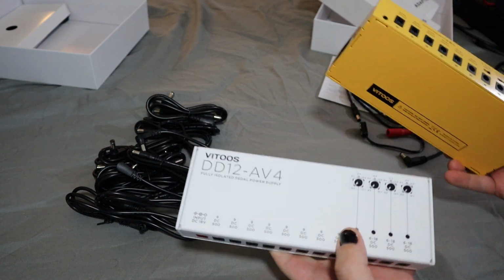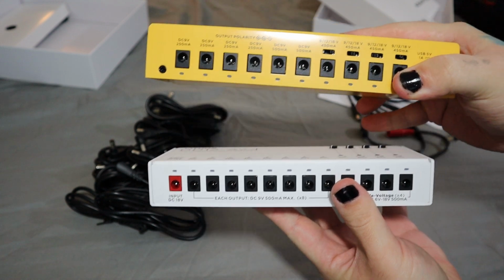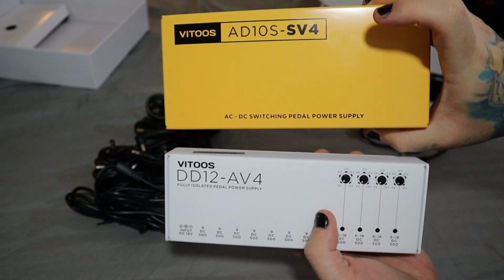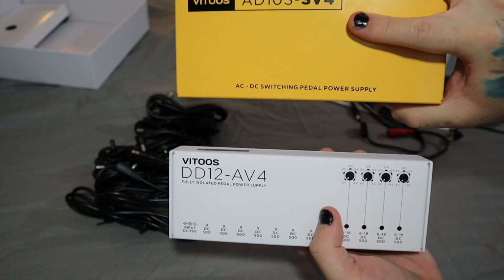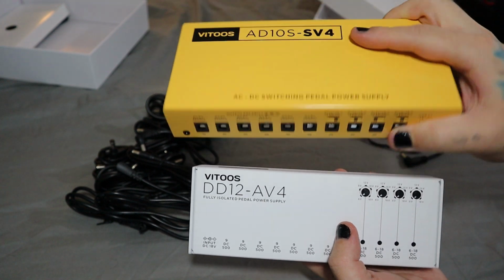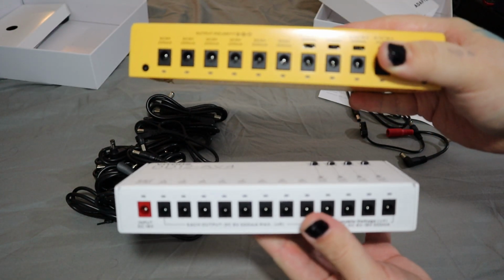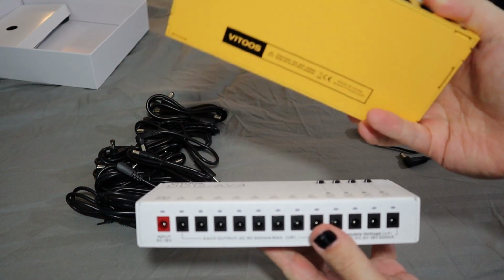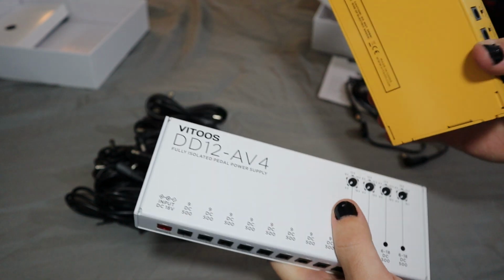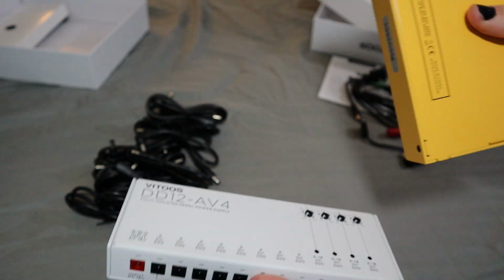It sucks because you never really want to invest your money on things that aren't fun, right? Like a power supply or a tuner or a noise suppressor, or even compressors. They're not like a fun pedal. You want to be able to have something that is like, oh wow, this is neat and cool and does something awesome. This provides power. And while it's not something that you're going to want to dump hundreds of dollars into, you have to. And this is sort of where I was taken back and went with the Vitoos,